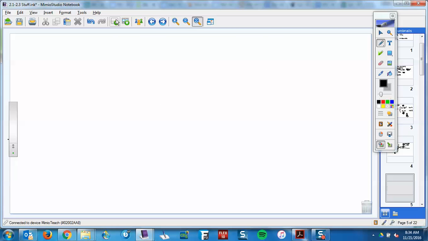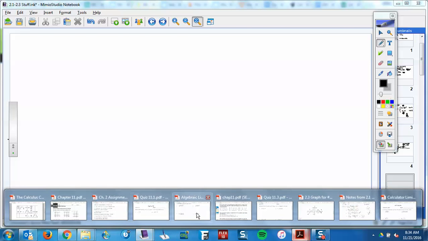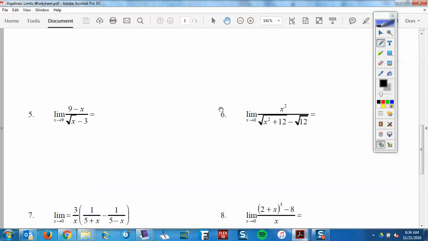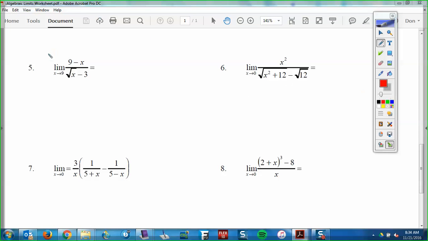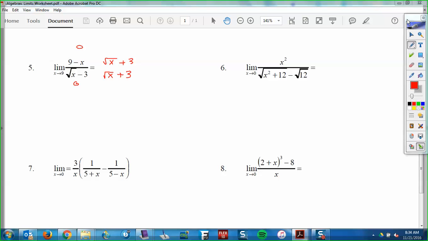So that's the book problems. Back to the worksheet. We've kind of been jumping around here a little bit. I know we started talking about the worksheet, and then we went to these. Okay, so conjugate. Okay, when you get a radical, now again, you plug in a 9, you get 0. You plug in a 9, down here you get 0, so you always do that first. You get 0 over 0. Then you're supposed to multiply, whenever you have a radical, you multiply top and bottom by the conjugate, right? Which is that. On this one, I know it's big and messy, but it doesn't matter. It's just radical